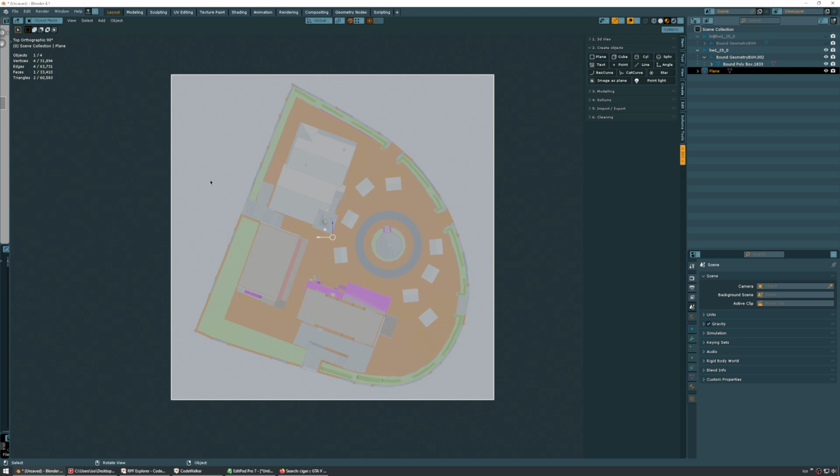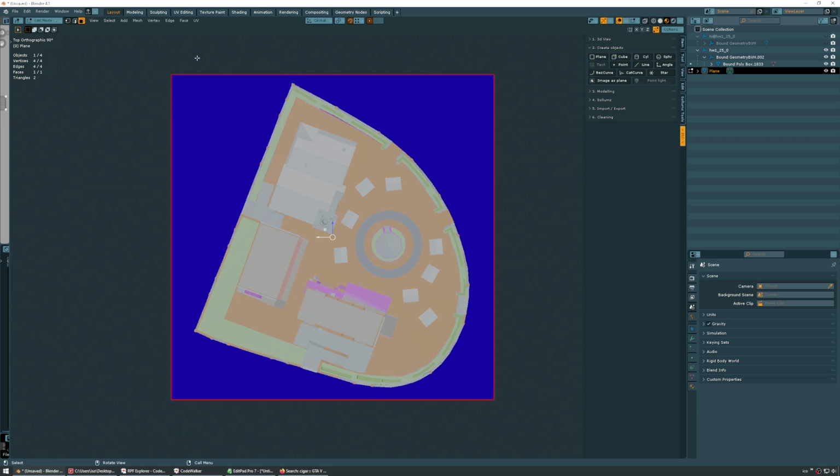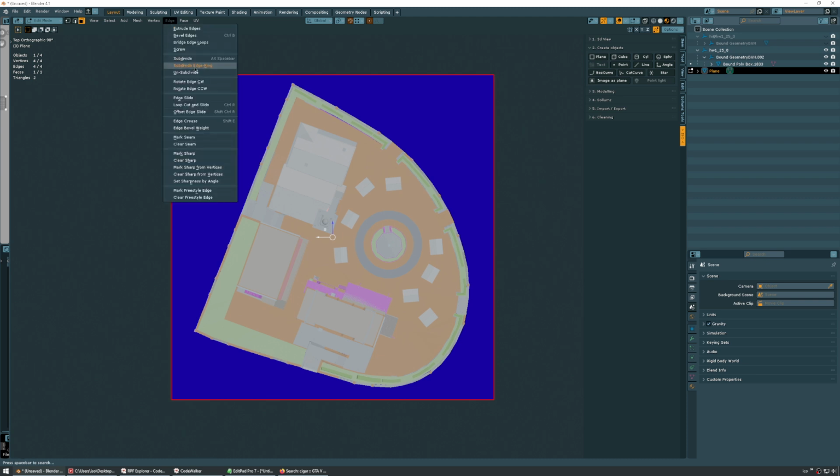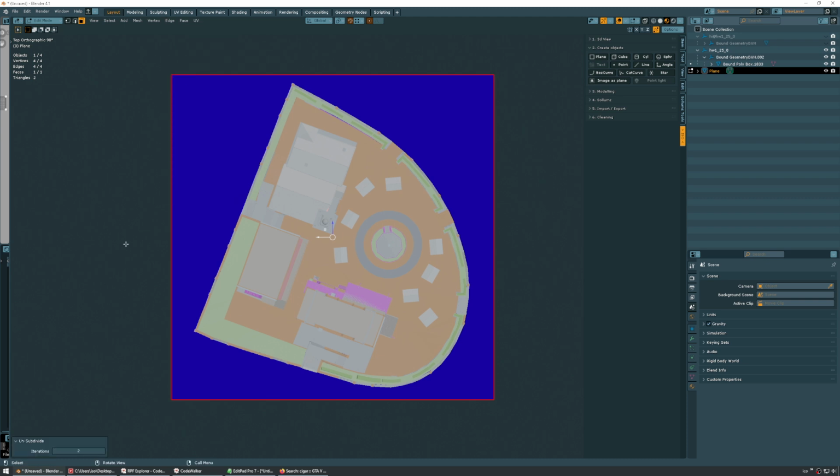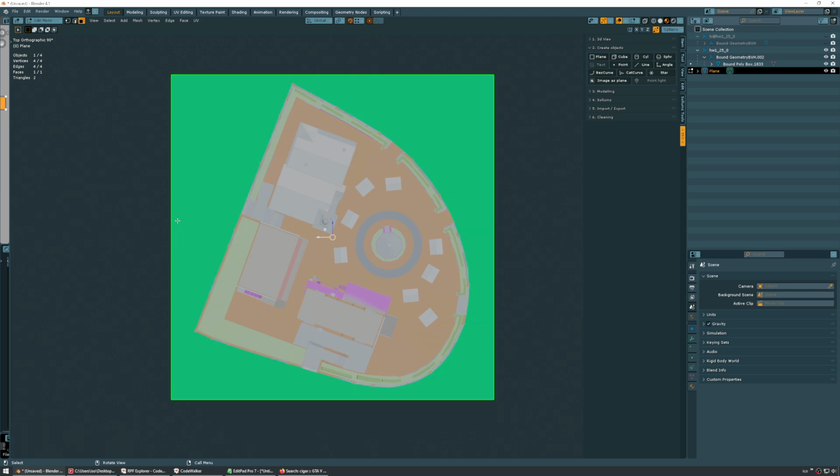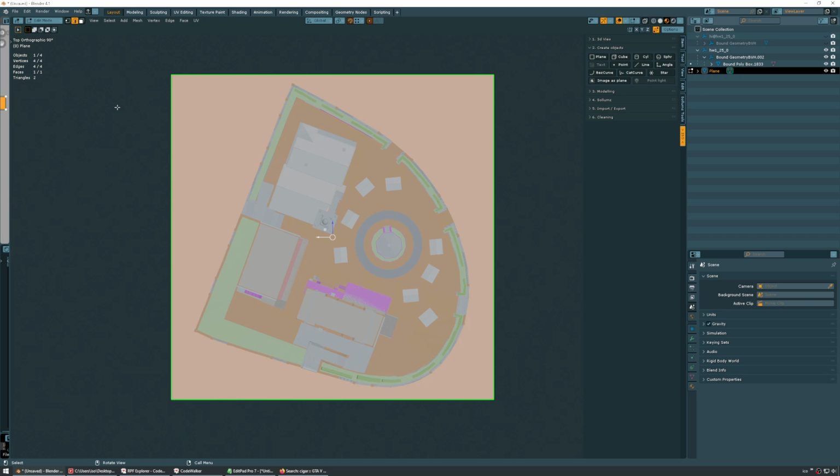First, let's subdivide this plane. Enter edit mode, press tab, and go to edges and select subdivide. Number 2, edge subdivide. So we now have 8 triangles. So we need to go a little crazy because otherwise we're going to be losing details. So